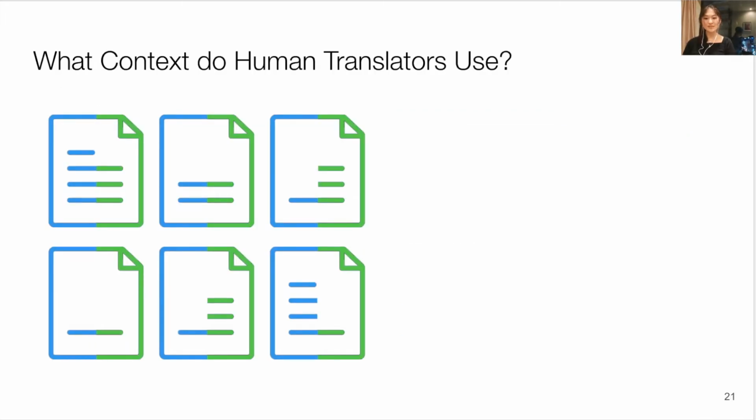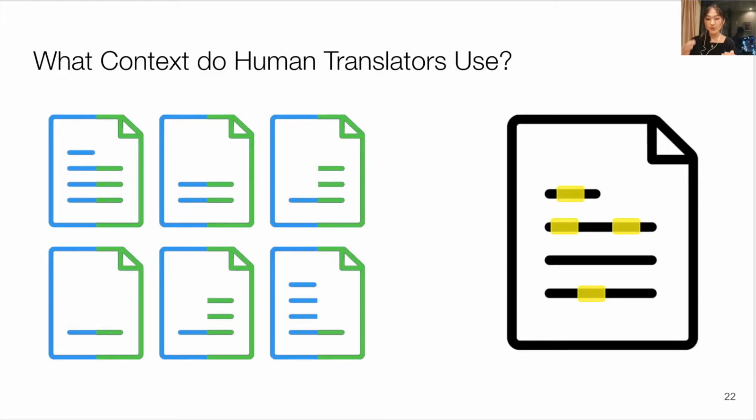And we gave translators varying amounts of the previous sentences in the English source side and or the French target side as the context. And we analyzed when translators are able to answer accurately and with high confidence, depending on how much and what context was given. We also analyzed the supporting context words that have been selected by translators by looking at where these words are. So is it in the current sentence or 3 sentences before? Whether it is an English source or French target word, and then its features such as the part of speech and the syntactic dependencies. And you can look at our paper for the full analysis and the results.